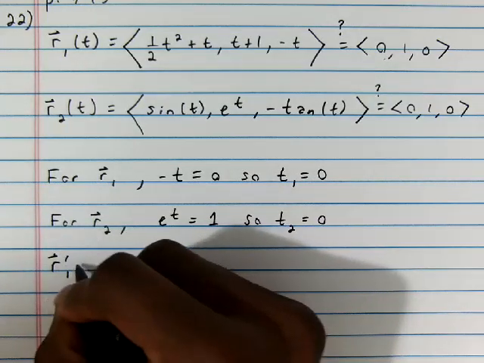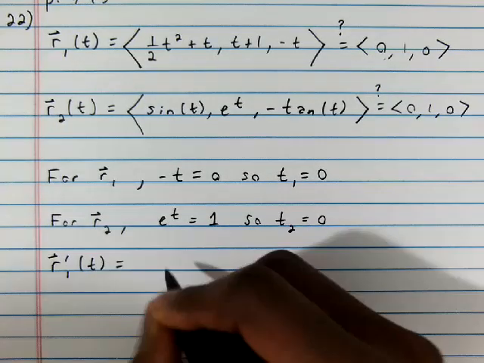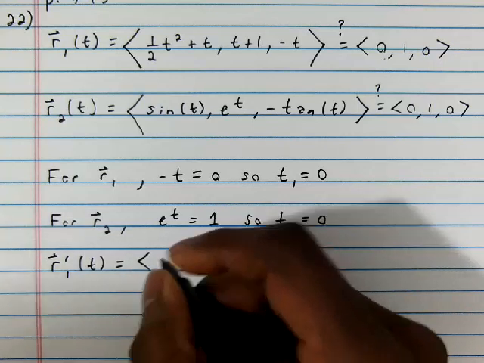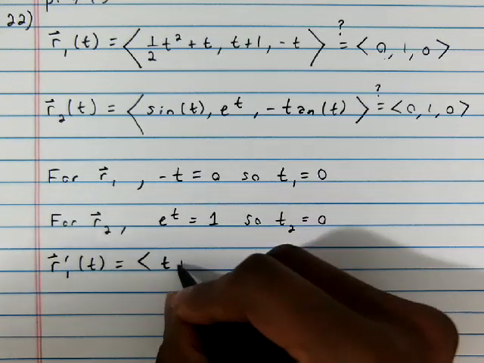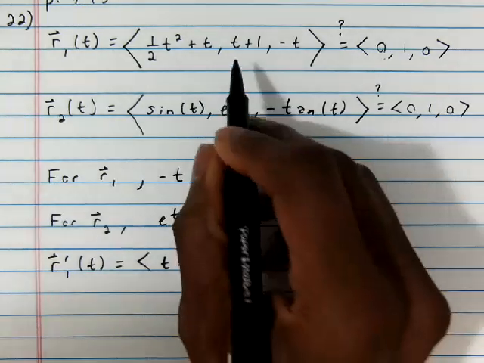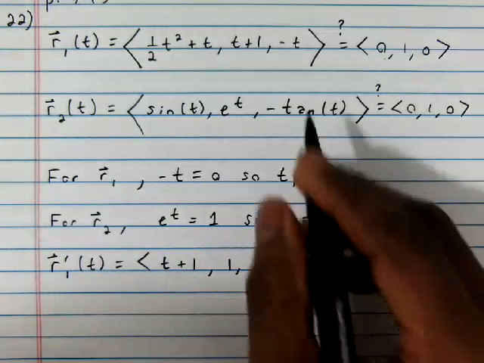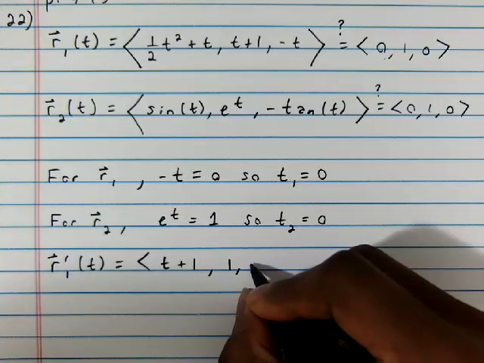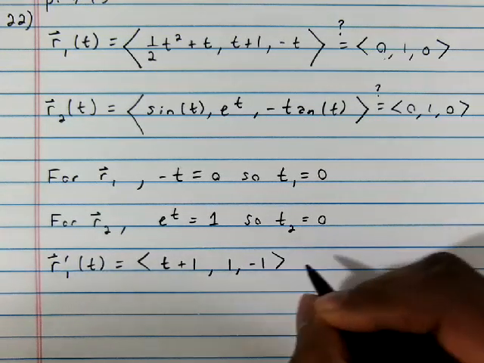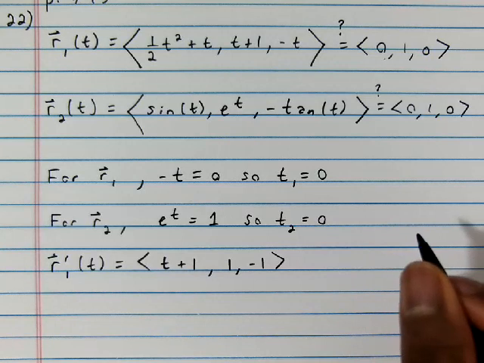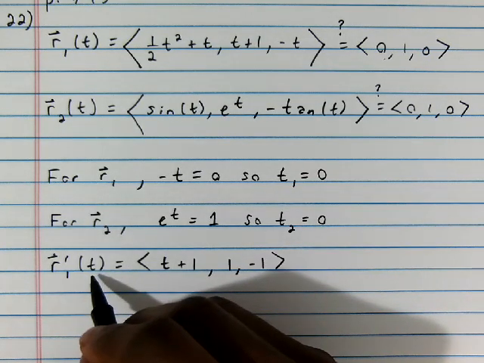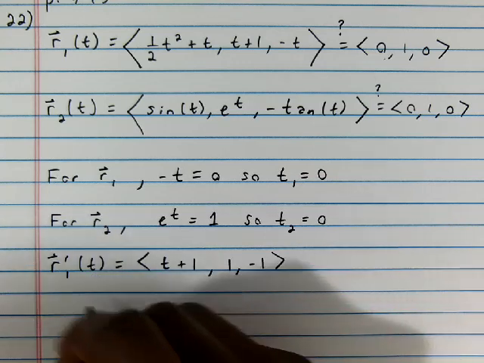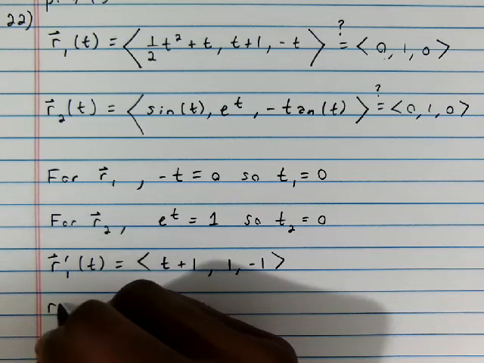So r1 prime of t equals, so here we're going to get just t plus 1, and then here we're just going to get 1, and then here we're going to get negative 1, and we're going to end up plugging in 0 for this because we're trying to make sure that they're parallel at that point. So first let's find r2 prime